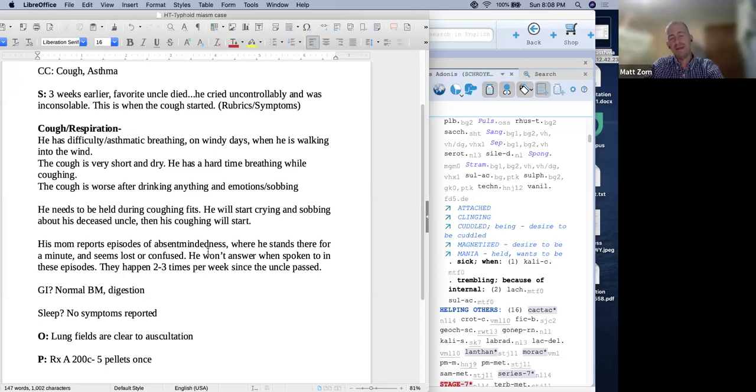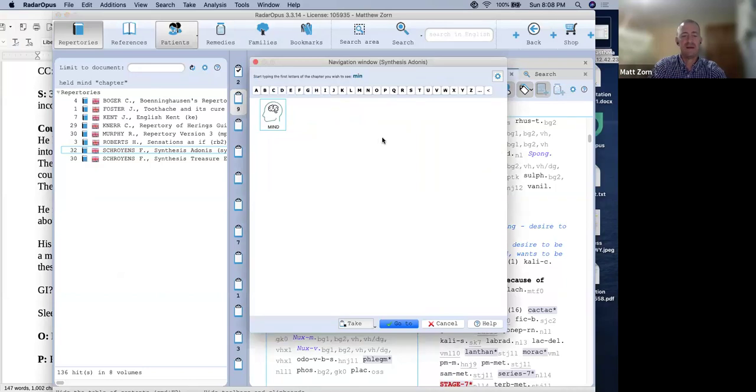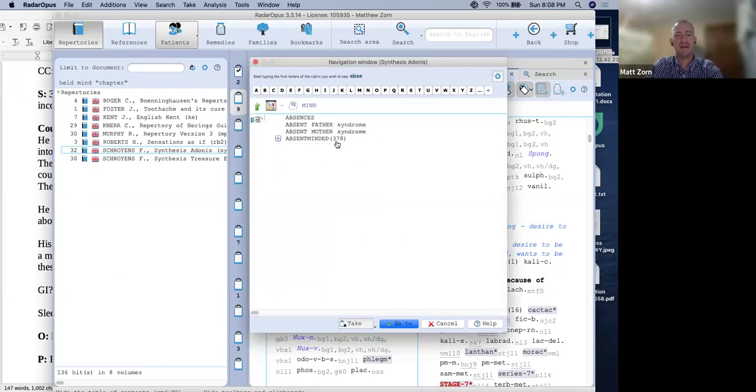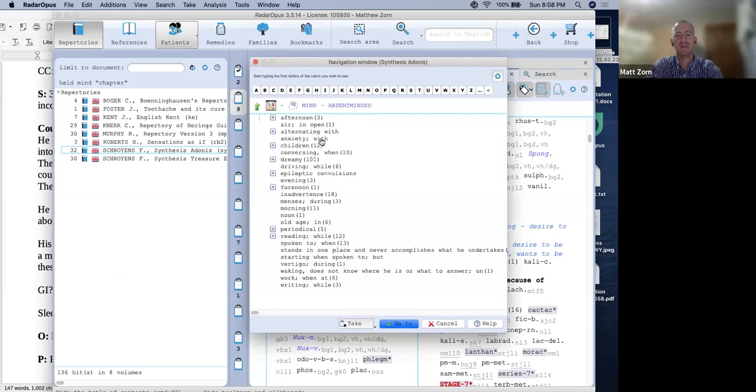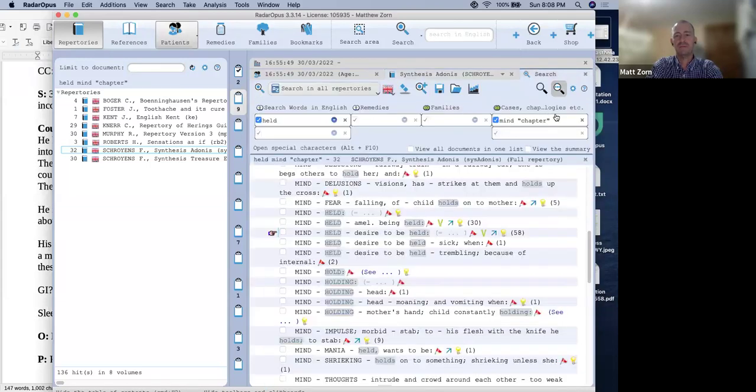This absent-mindedness, if we just go to mind, absent-mindedness, it's huge. The mind, I'm just typing in mind, enter. Absent-minded, 378 remedies. There are some, so it's inadvertence, inattentive, preoccupied. There's several rubrics that we can use actually for this. What I'm going to do is, in the mind chapter, the words,